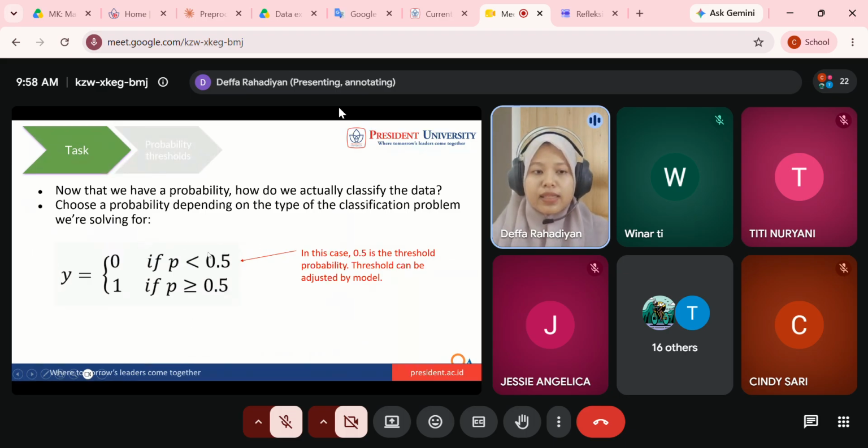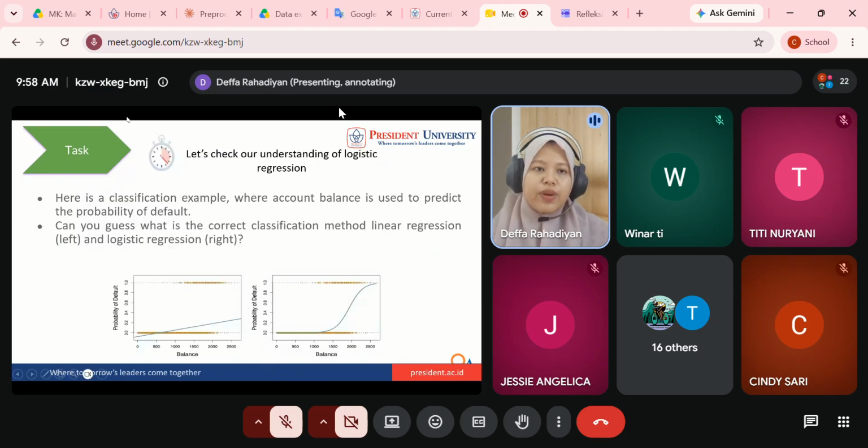If the output is less than 0.5, we assume it is rejected. If the result is 0.5 or more, it becomes admitted. And this is based on the activation function result.